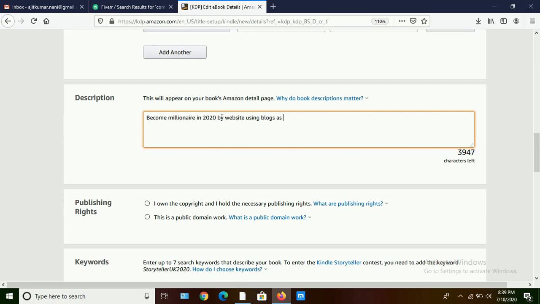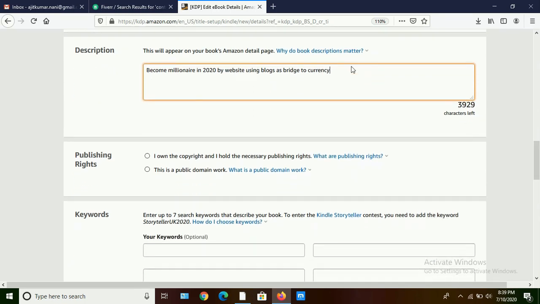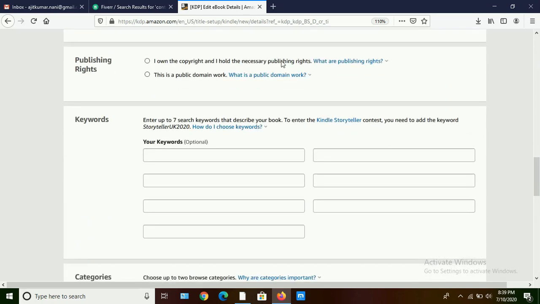So this is the description of my book. Then publishing rights, you can give I own the copyrights and I hold the necessary publishing rights. Okay, it is not a problem. Please give the option which I gave here.